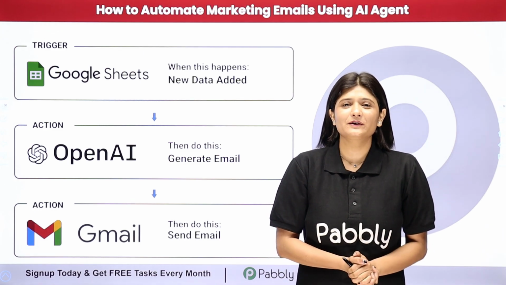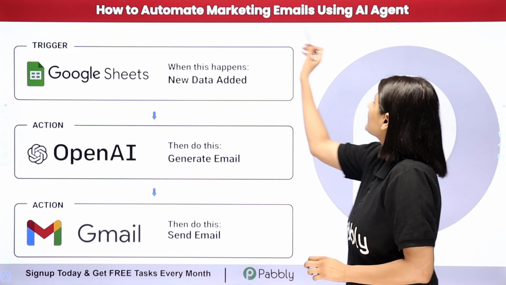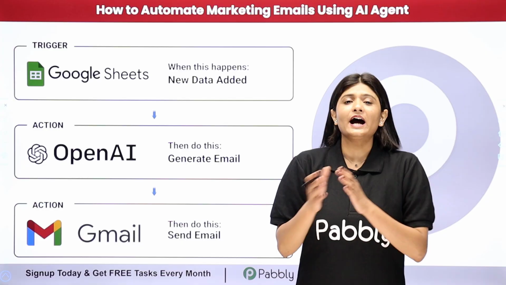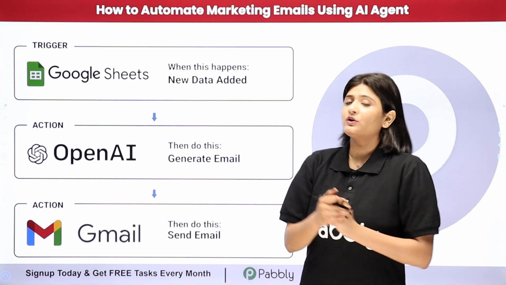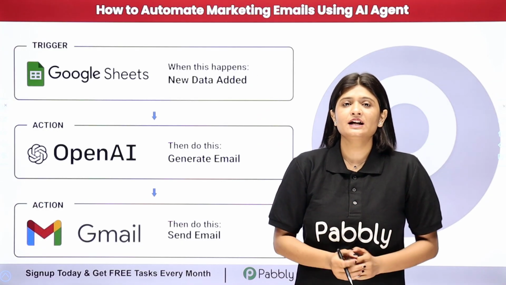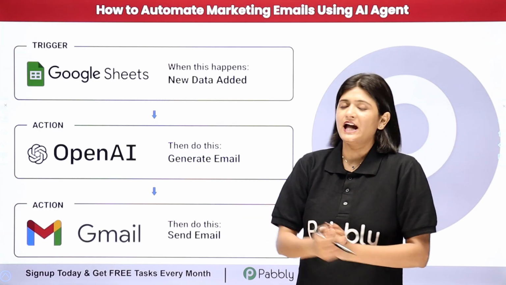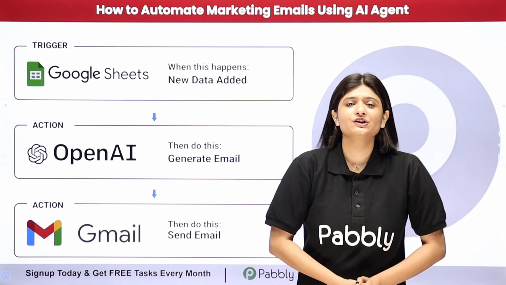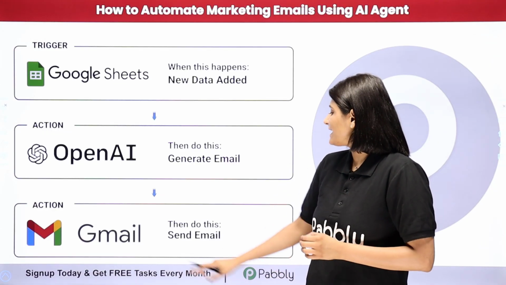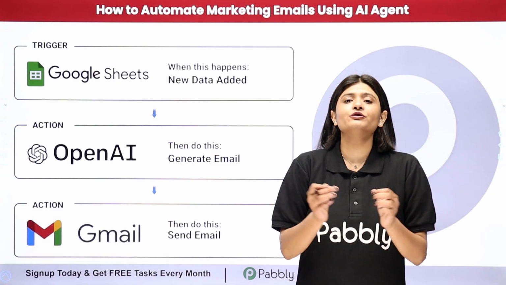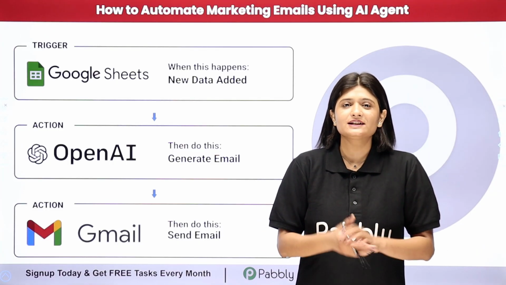In this video, we are going to learn how to automate marketing emails using an AI agent. So let's suppose I'm a marketer and I want that whenever I add a new product detail in my Google Sheet spreadsheet, the mail should be automatically generated for that product with the help of my AI agent. Here I'm going to use OpenAI as my AI agent, and then I'm going to send that mail with the help of Gmail. Doing this manually will consume a lot of time, so I'm going to completely automate this process,